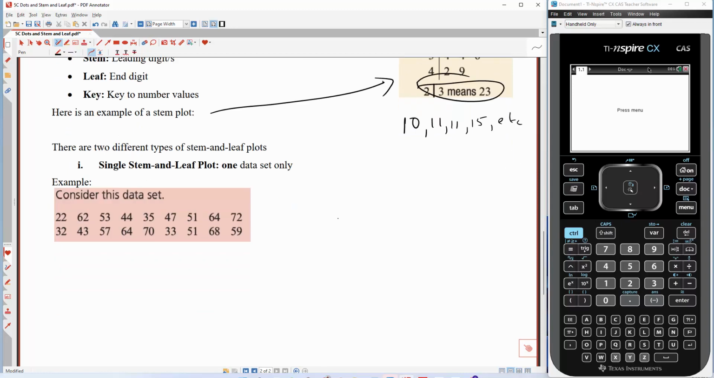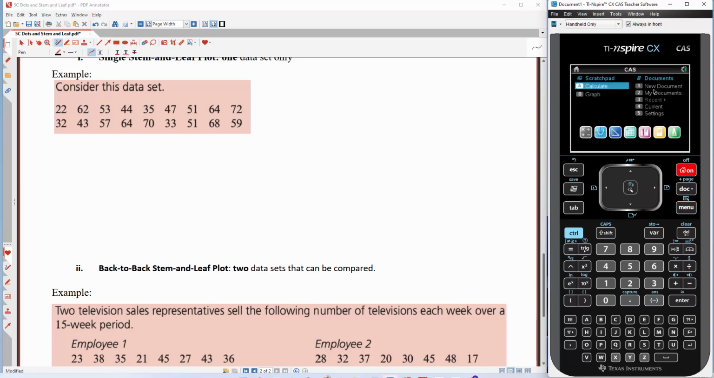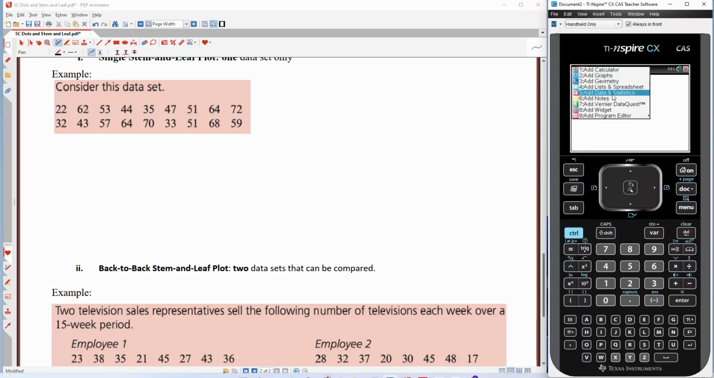All right. So let's just try putting one together. So we've got this data set here. Okay, so I find that the best way to produce an ordered stem and leaf plot is to actually use the calculator to order the data. So what we're going to do is, from the main screen here, we're going to go New Document, and we're going to add a list and spreadsheet. All right, so all you do is you type in your data,